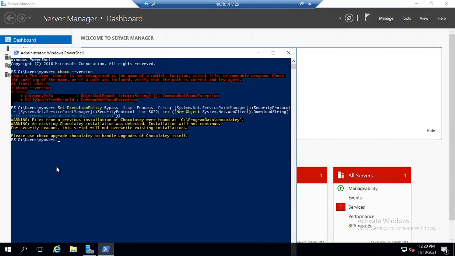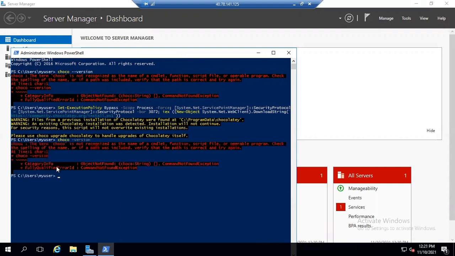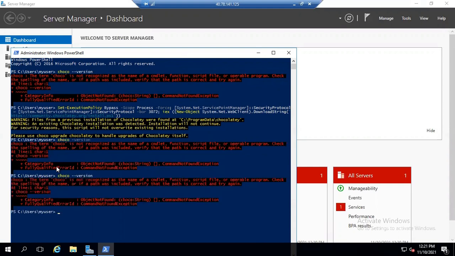It is telling that it is there. choco --version. On the top, it is telling that Chaco is installed.